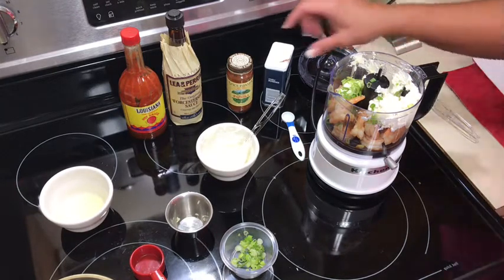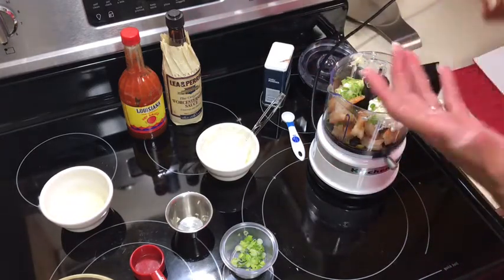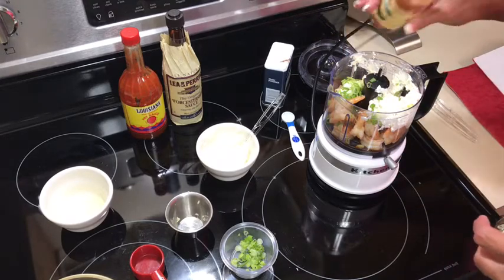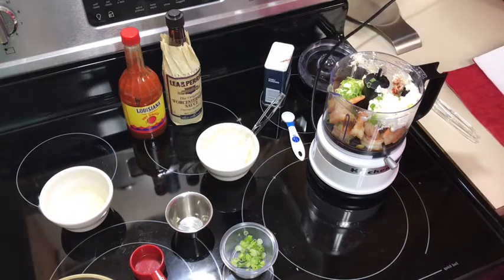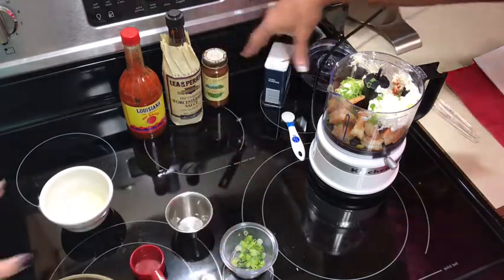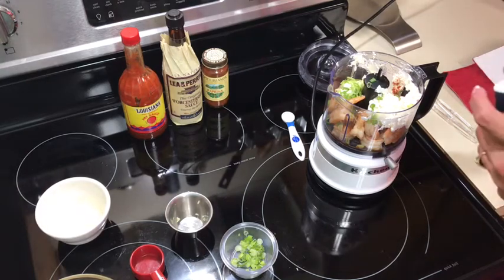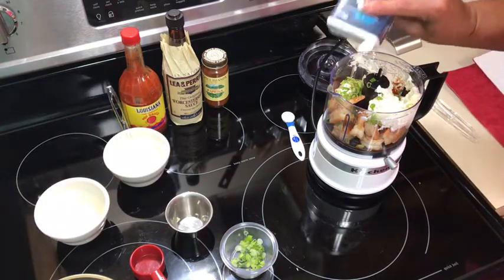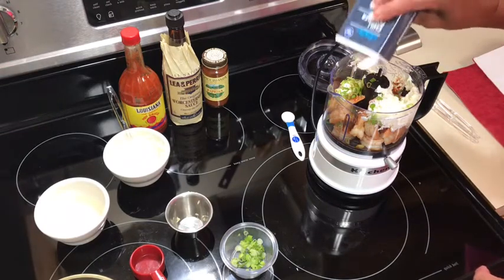So let's add just a dash of smoked paprika. And this one I think is just about empty. I don't want to put much because I don't want it to take over. So just a dash. Are you done with this? Yeah. And this? Not yet. I might need a little bit more lemon. Let's put a dash of chili powder. This is regular chili powder. I think just a couple of...